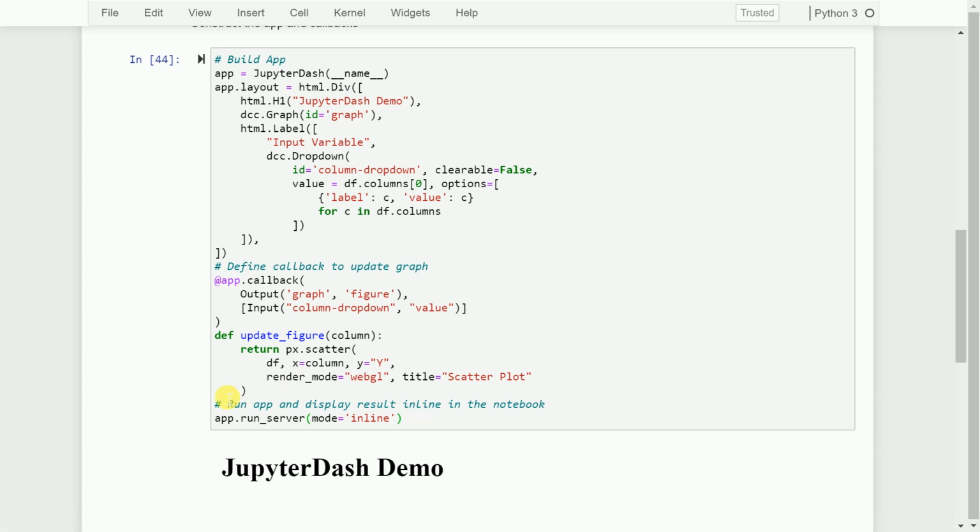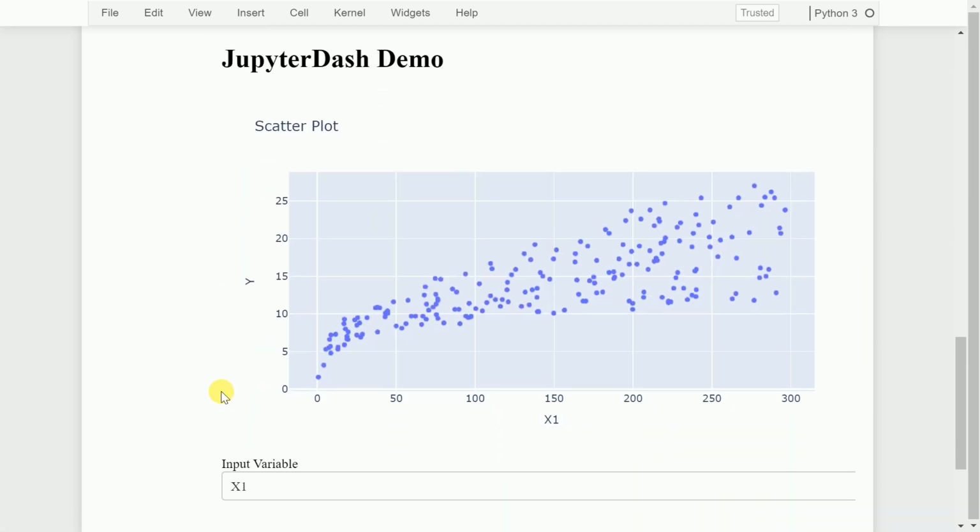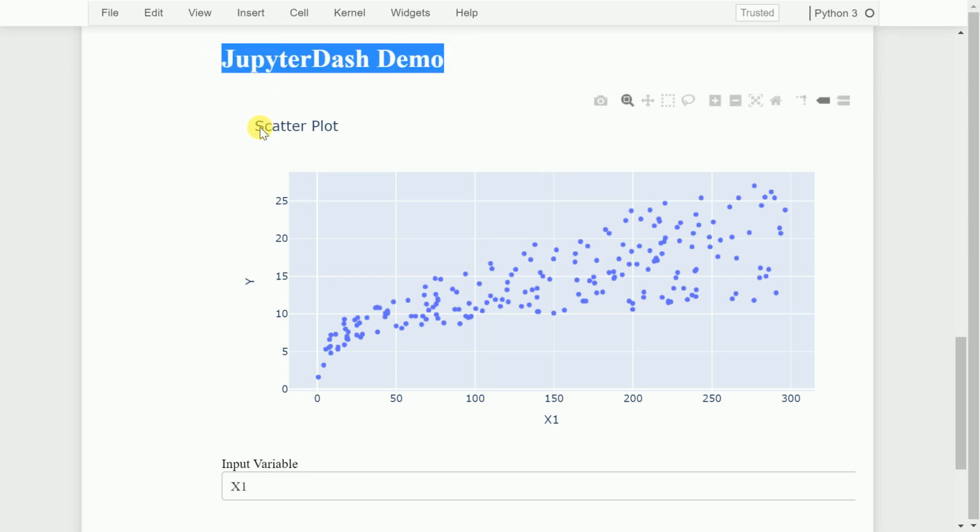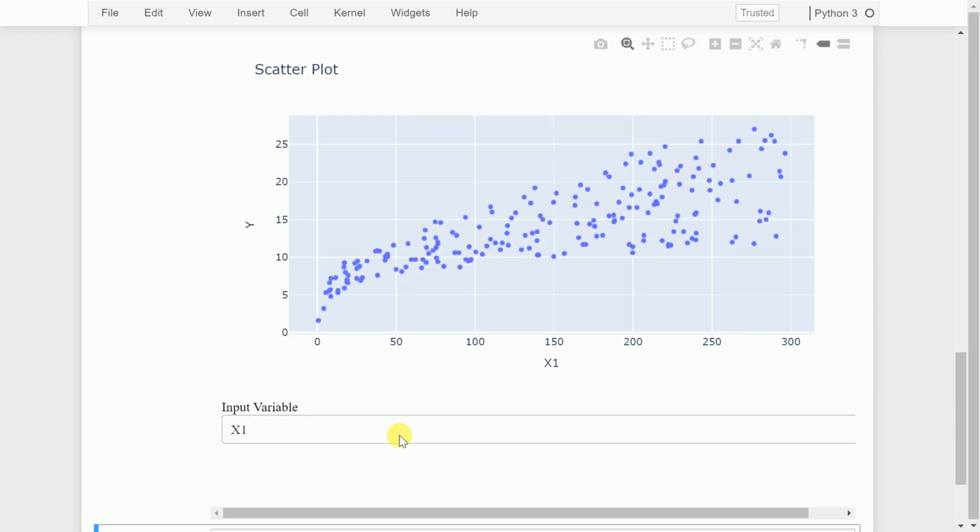The web application has now loaded and this is the plot. It looks like a simple static plot, but remember it is a dynamic plot. As you can clearly see, the HTML has the header, and the scatter plot has the scatter plot title. We also have the input that we defined, which is x1.